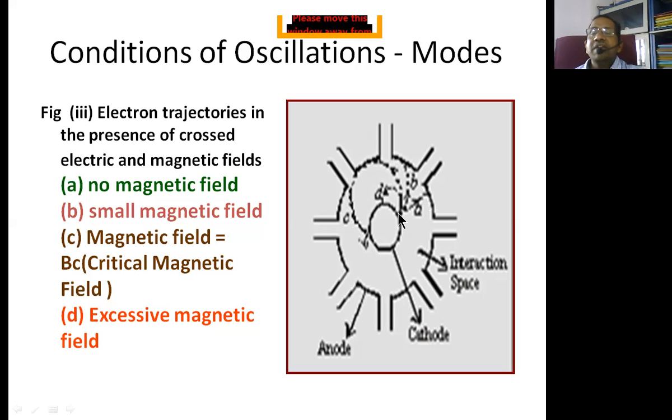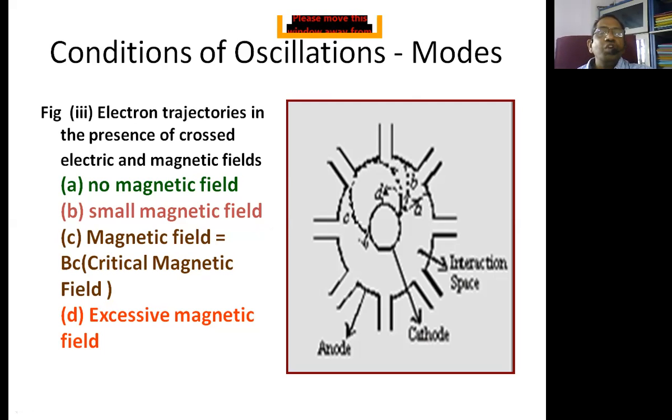Here, the electrons at the B curved paths are simply not coming back. They are going and disappearing at the anode terminal itself. They are not reflecting back because the magnetic field is not sufficient. Therefore, we have this kind of problem here. In this mode also, there is no EM wave generated. That means in the A mode and B mode, there is no EM wave generated.